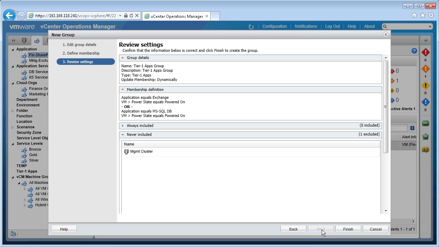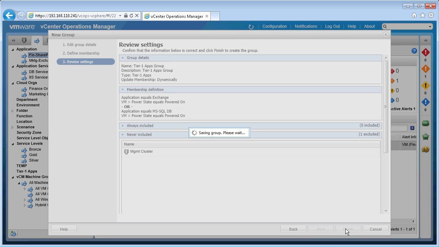Here we can review the settings for our group, where we can see that we've created a Tier 1 Applications group that has been associated with the Tier 1 Apps group type. We've chosen to update the members of the group dynamically and chosen to include Exchange and the SQL Server applications running in our environment. And we have excluded the management cluster from the group and we can simply click Finish to have vCops create